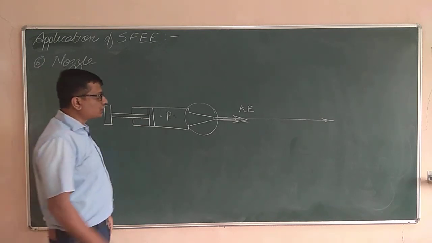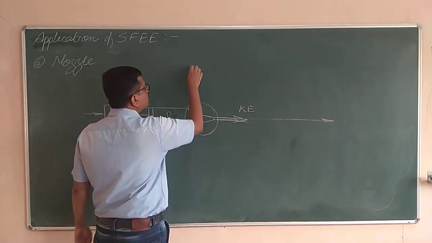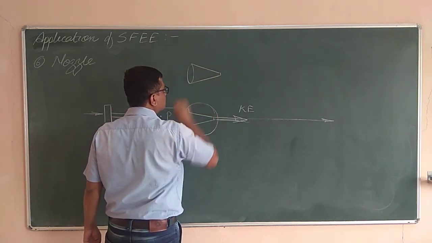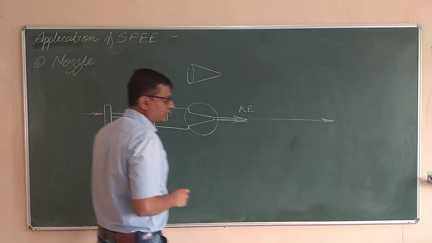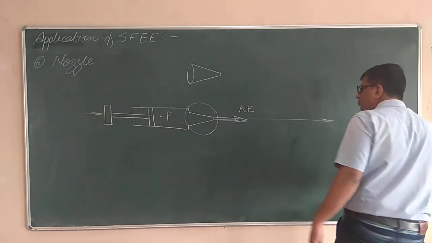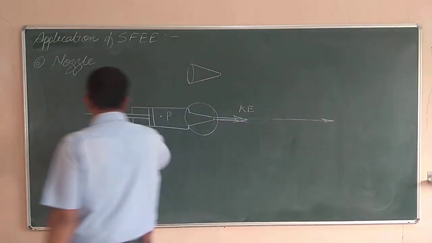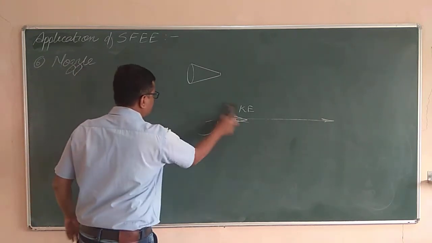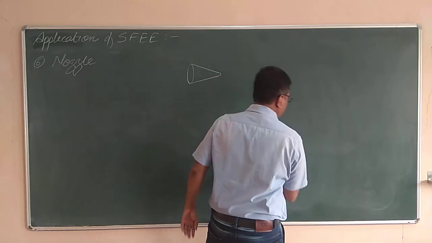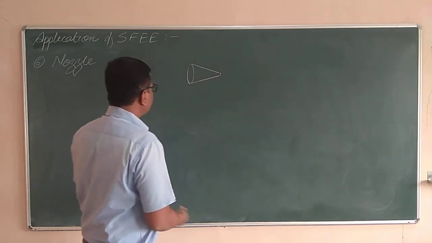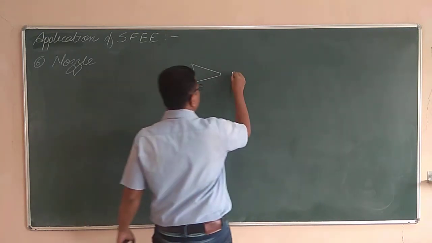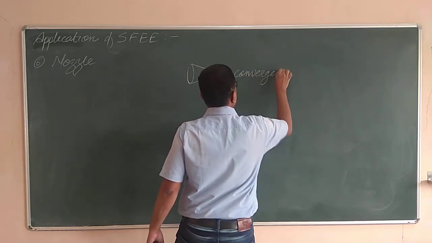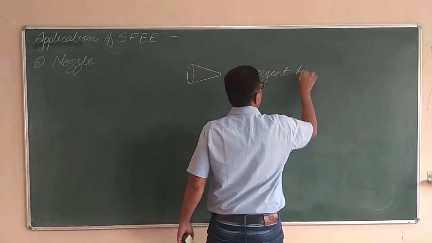Now this is the converging tube nozzle. We say this is the convergent nozzle, in which the area of cross section goes on reducing. There are various types of nozzles that we will also see in short. So here you got the idea about the nozzle. What is a nozzle exactly? This is a device which converts the pressure energy into the kinetic energy. Now there are various types of nozzle. This is the convergent tube nozzle.